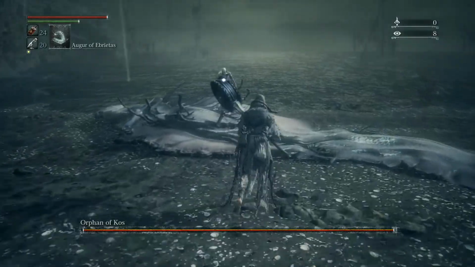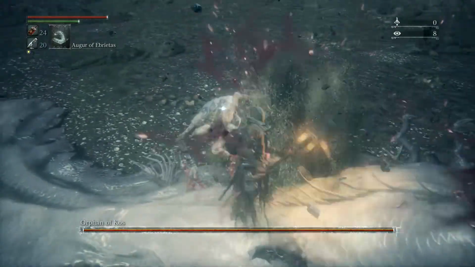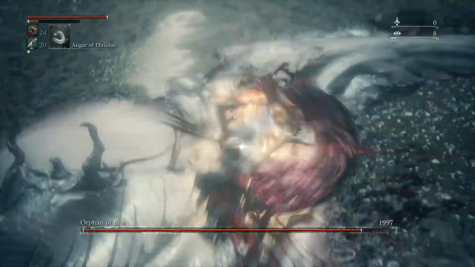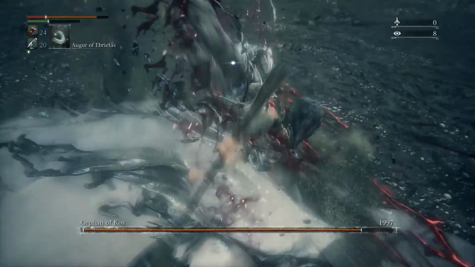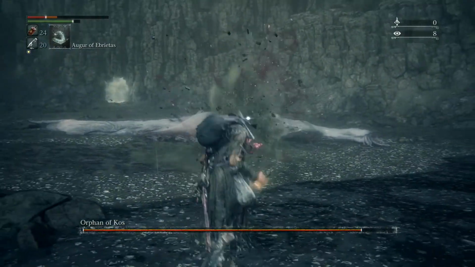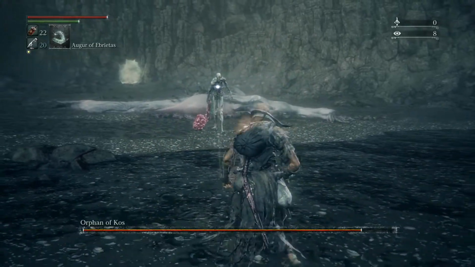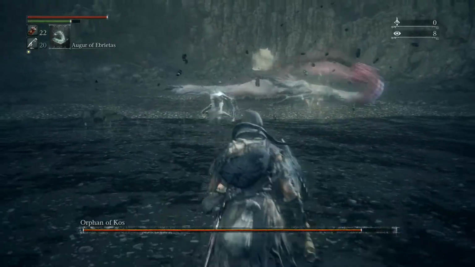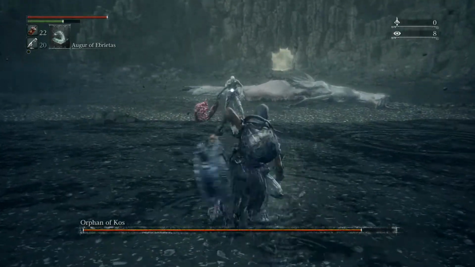I've heard there's actually a strategy where you can cheese him with Simon's Bowblade, but I'm not sure if that's something they patched or not. I would assume they did, because that would make the fight way too easy. He doesn't aggro until you actually get near him, so I've heard that you can spam Simon's Bowblade and do that, but...